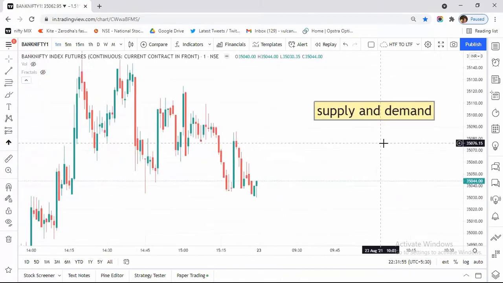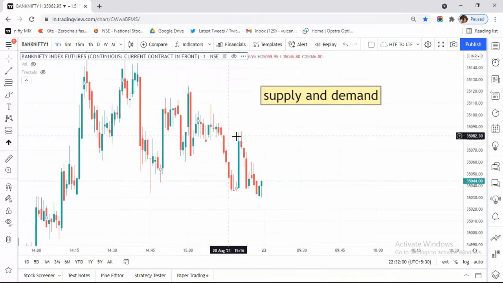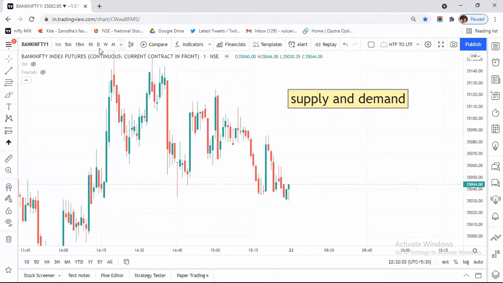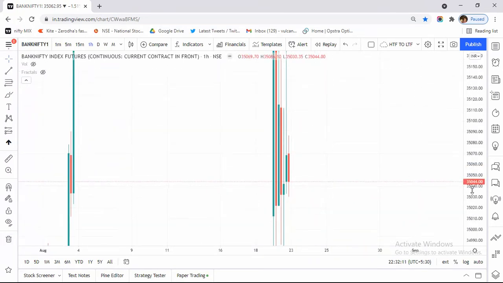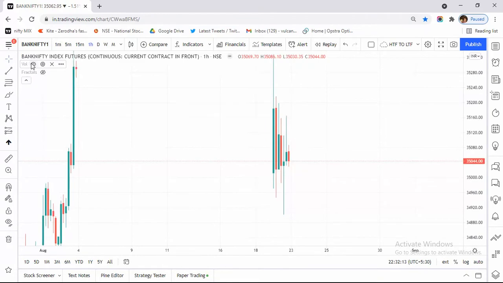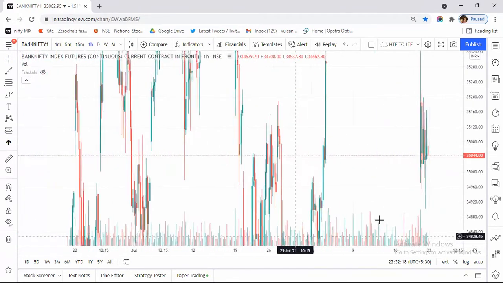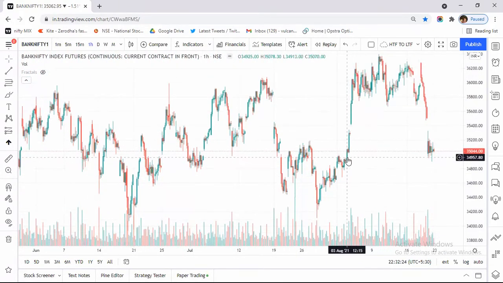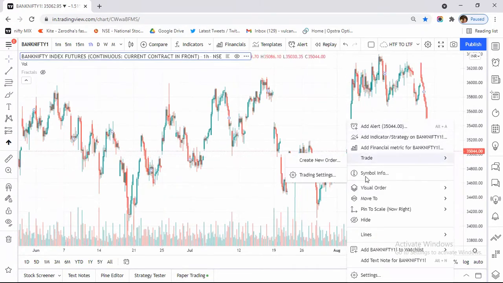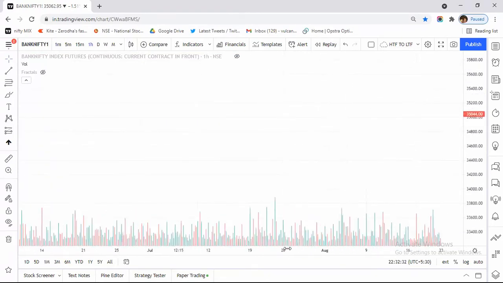Supply and demand is a very important confluence of your system that you should always have. First, open your 1 hour chart. Okay. And in the 1 hour chart, open your volume. So here in the volume segment, let's remove this. What you can see in this